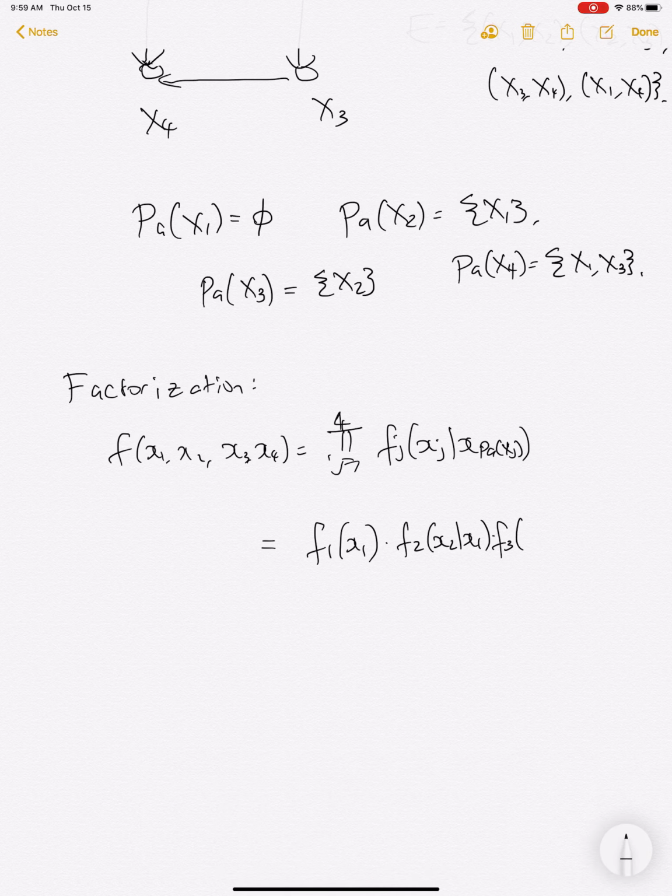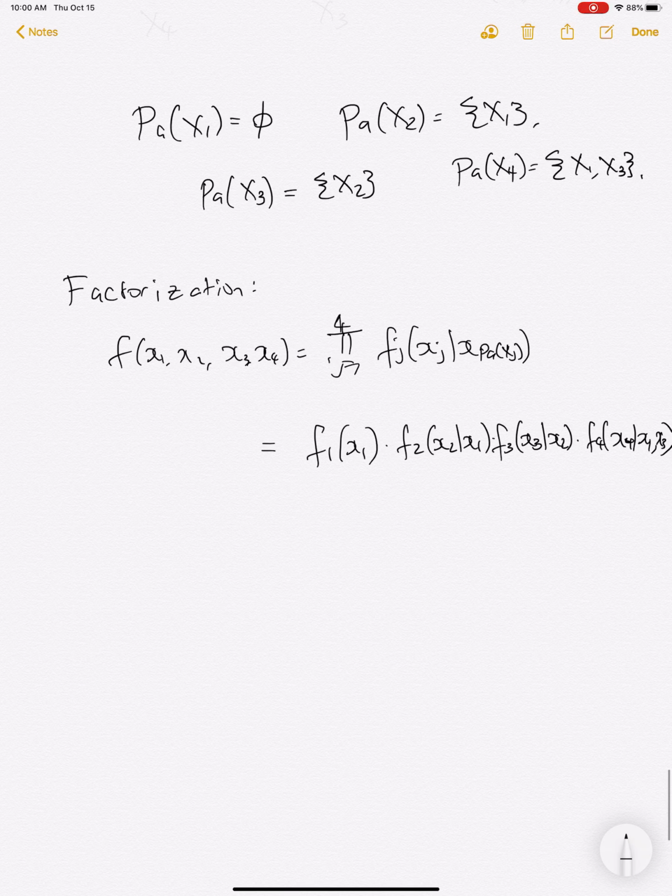X3 has 1 parent, which is x2, and then f4 has 2 parents, which are x1 and x3. Okay, so this is the factorization. And one thing I just wanted to kind of quickly say here is that